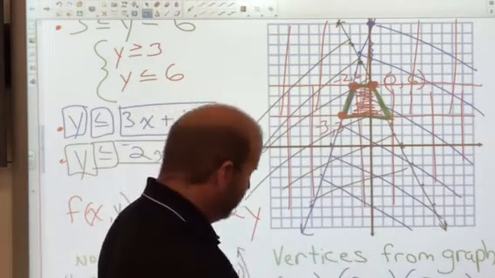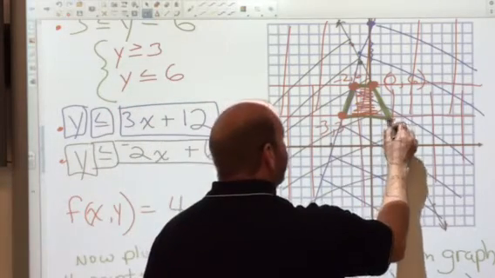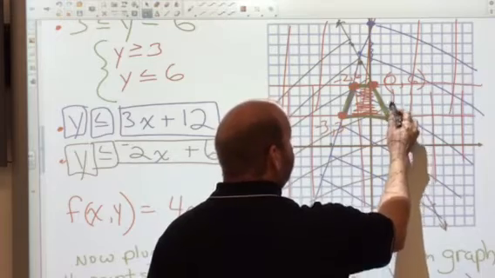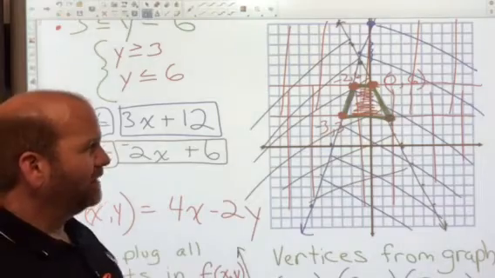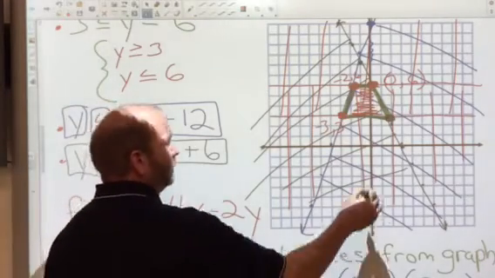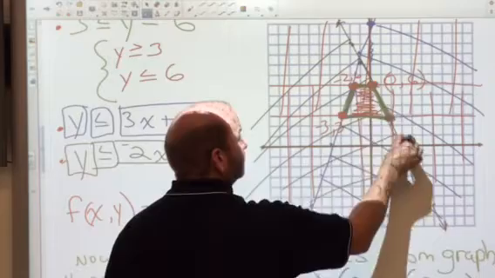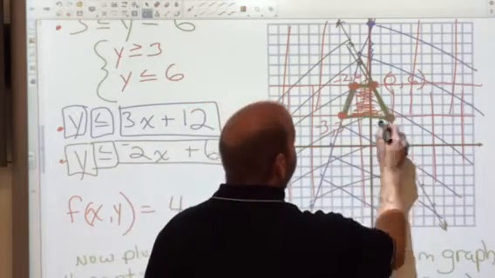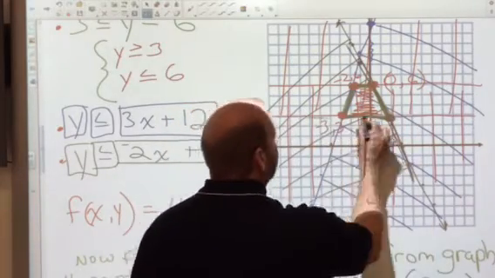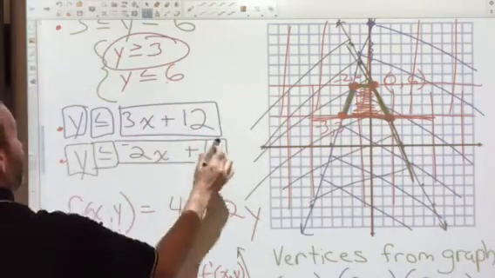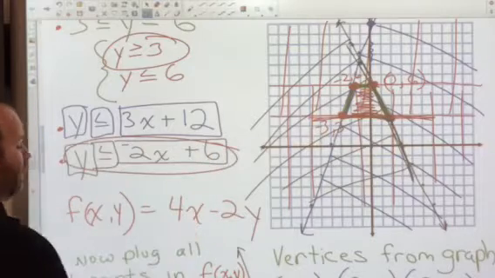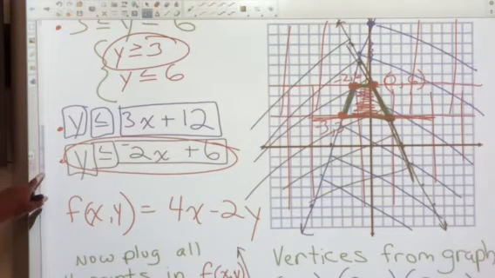So there's 4 vertices. The missing one is over here. It's in the middle of these boxes, so you need to find that. So what exactly is that? Well, this was in black, and this is in red. That is y equals 3, and the line in black. So basically, on the right underneath the vertices from graph example,